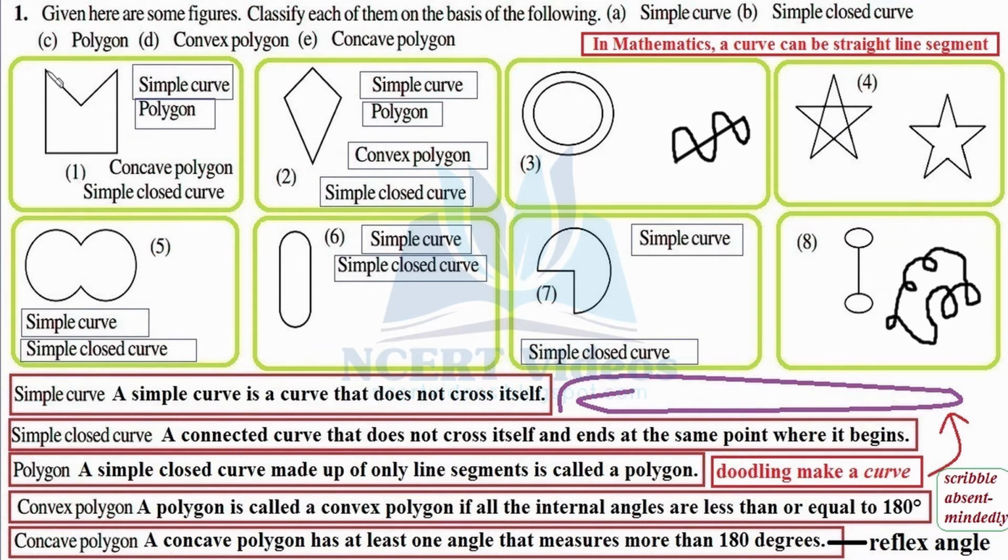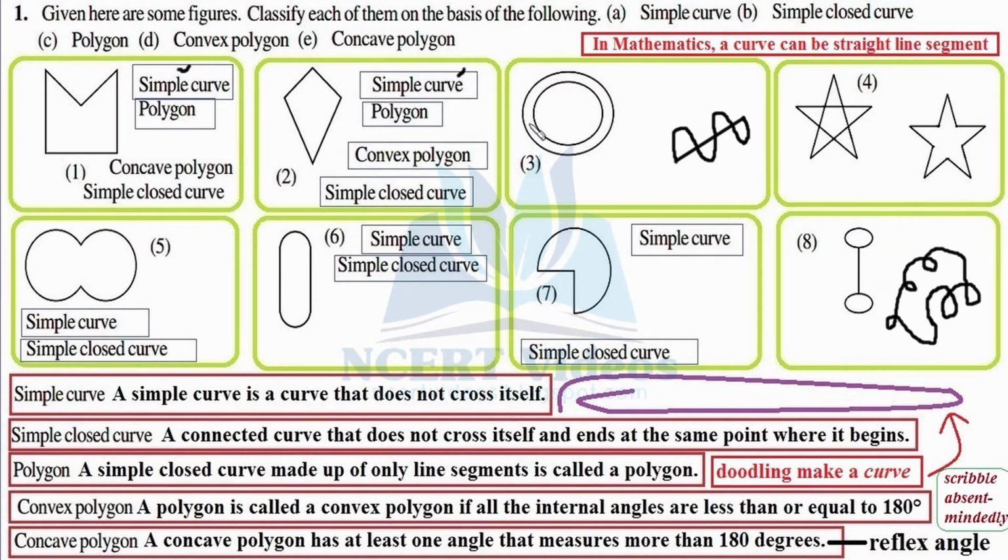So the first one, we started from here, moved like this, no crossing so far. We are going and going. We haven't crossed anywhere. Therefore, yes, figure 1 is a simple curve. Therefore, we wrote it is a simple curve. Moving on to this figure, we started from here. You may start from anywhere, that's your wish. Let's start from here. Move like this, again here, again here. We did not cross while moving from one point to another. Hence, it is again a simple curve.